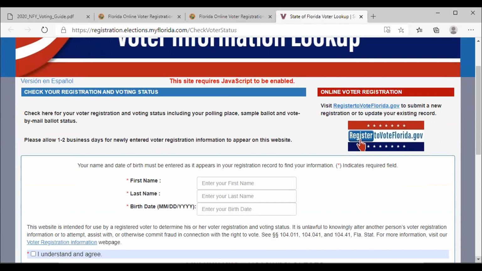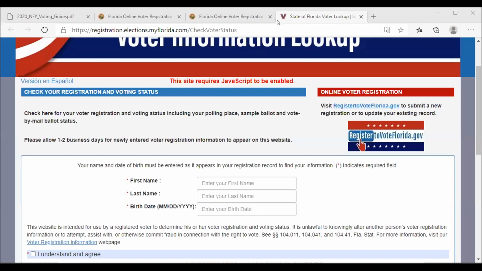So if you go in and you just put in your name and your birth date, it'll bring up a record, and every one is a little bit different because it goes back. Well, the first screen is at the state level, but then most of the information is provided because it provides a direct link to your local election board and election supervisor. And all of those websites look a little bit different, so we're not going to dig down too deep on this because it's a little bit of a different experience in terms of the look and feel, depending on each of the websites, but they all have the same information,